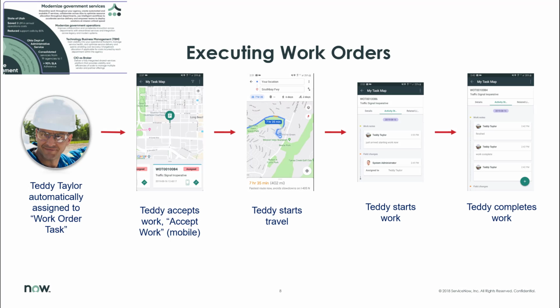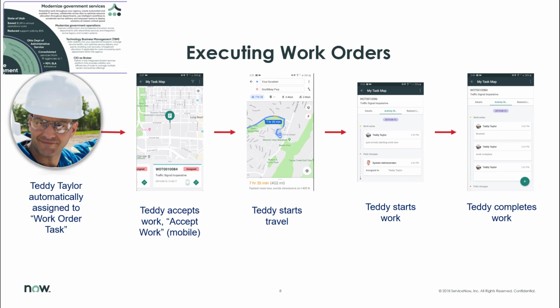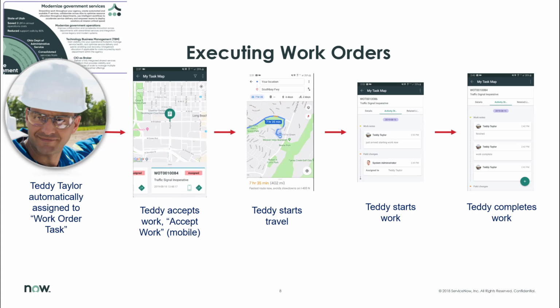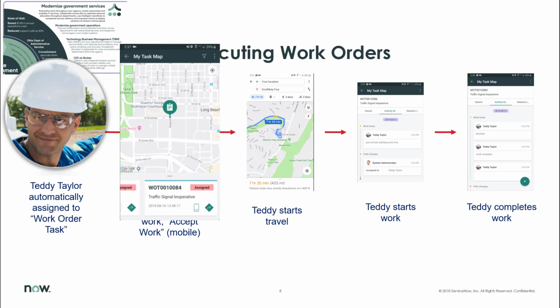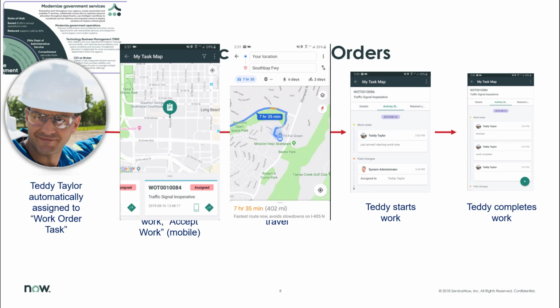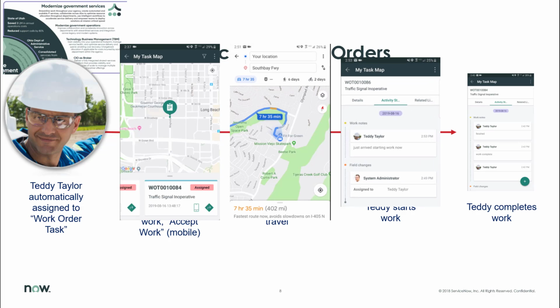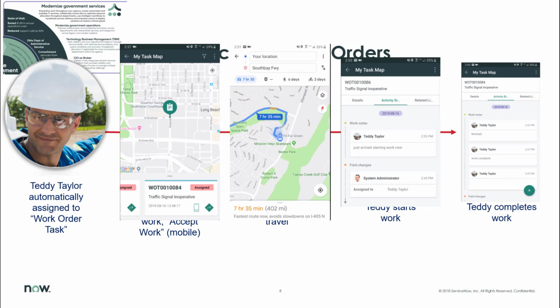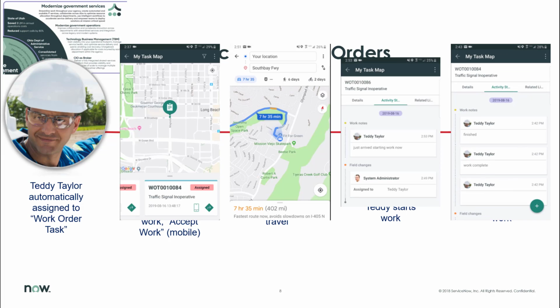Now that we've created a work order, we need to assign that work. Teddy Taylor was automatically assigned the work in our last exercise. So now Teddy's going to accept that work on his mobile device. He's then going to start the travel. You'll see where Teddy's able to put in information about the work that he's performing. And then finally, we're going to go ahead and close the task, which communicates back to Gilly that the street